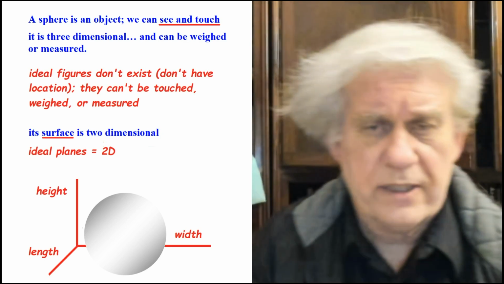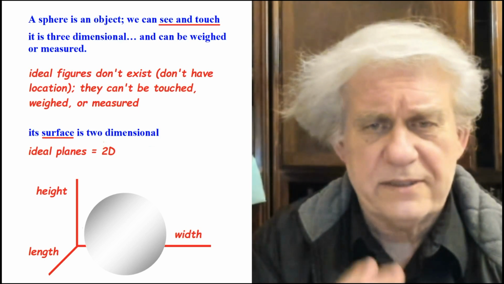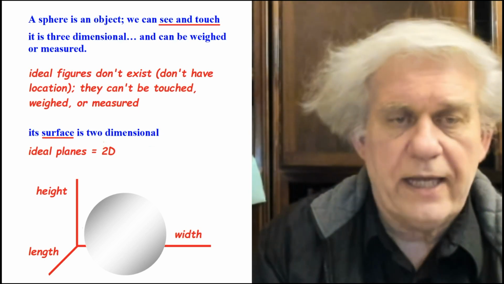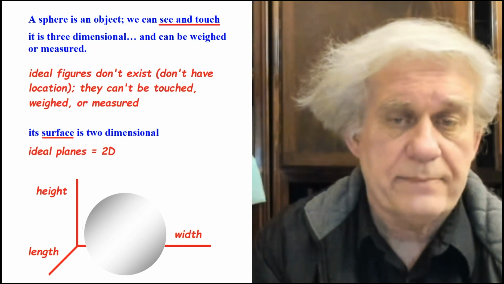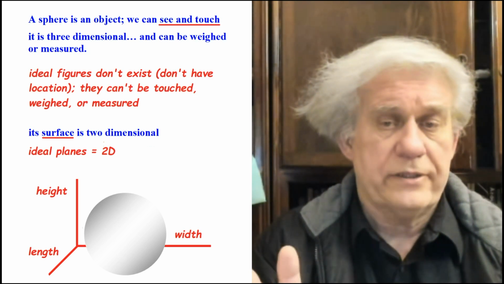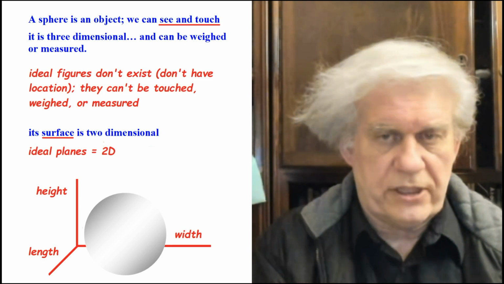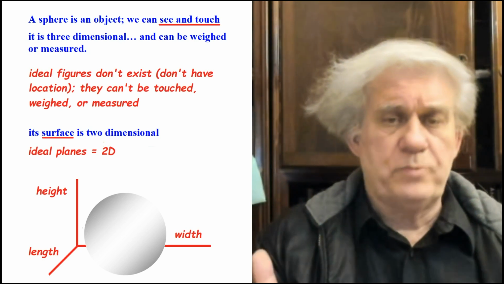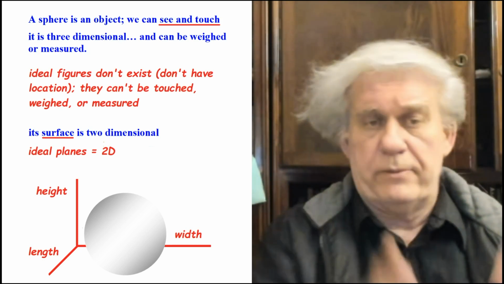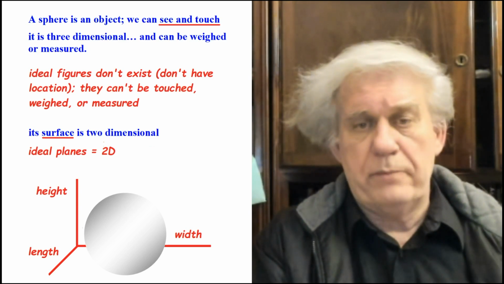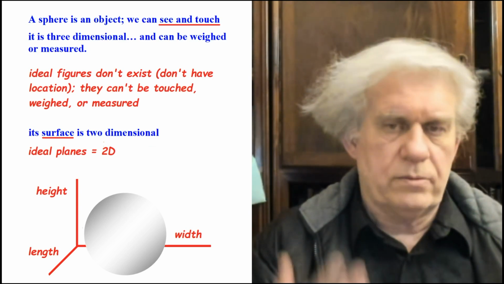We start with the sphere because we need to find out how the reasoning goes. He says a sphere is an object we can see and touch. That's why he thinks it's an object, because you can see it and touch it, and that's what most people out there think an object is, that which you can see and touch. This is the ordinary notion that most people have. If you ask anyone on the street, that's probably what they'll tell you. What is an object? Well, it's what I can see and touch. I can see and touch the table, so that's an object. That's the notion people have out there.